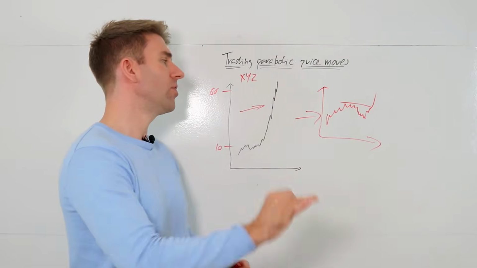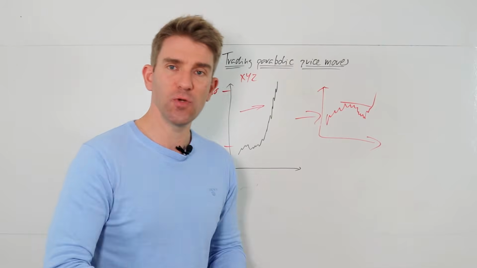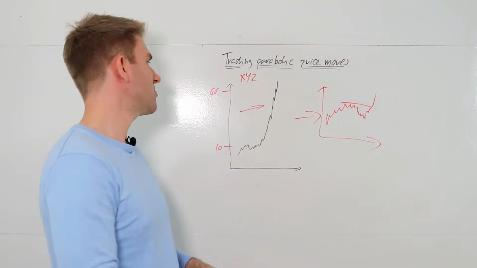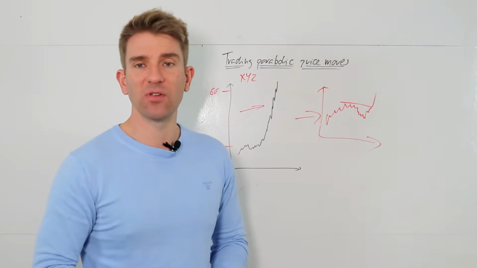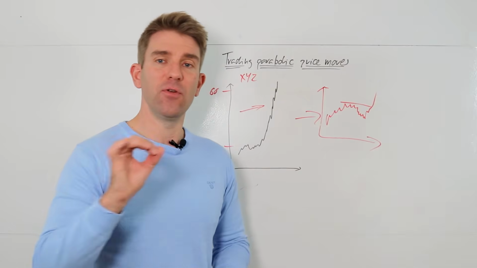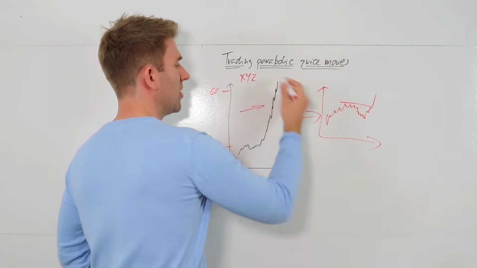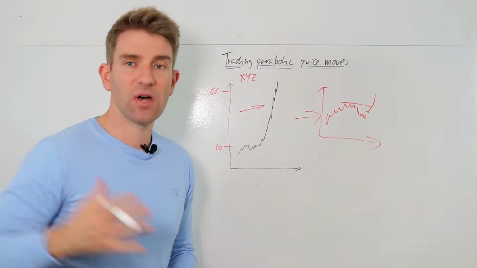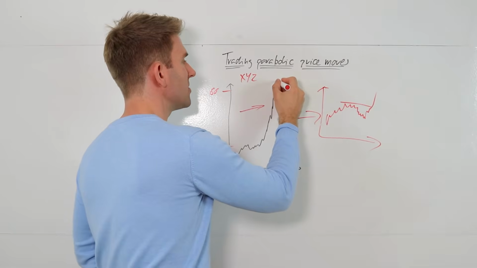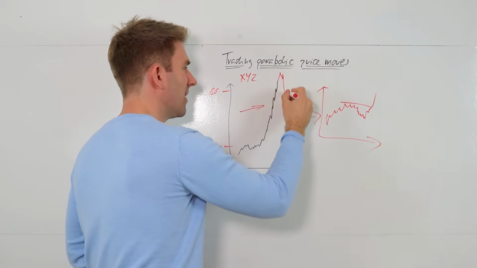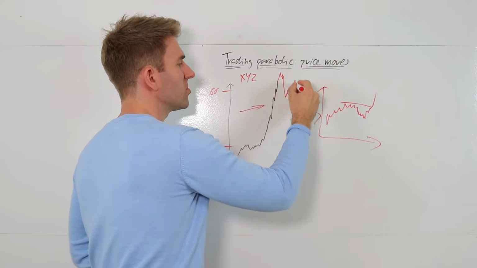You've got to be mindful that you're not going against the grain. It's super tempting in the parabolic moves to say, wow, this is way too much, let me short it, let me look for a little double top. Steer clear of it. If you must short it, do it on the back end of the move. In other words, you're aligning yourself with the long side on the drive up, and then when it starts to really capitulate and come back lower, let it push one more time, and then